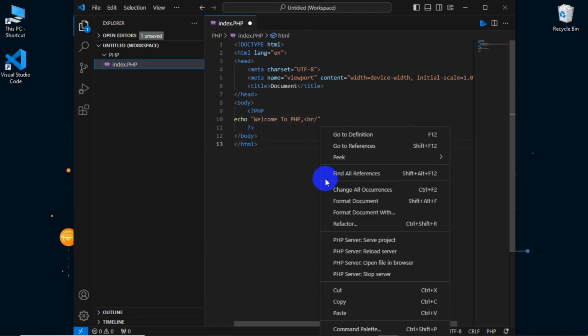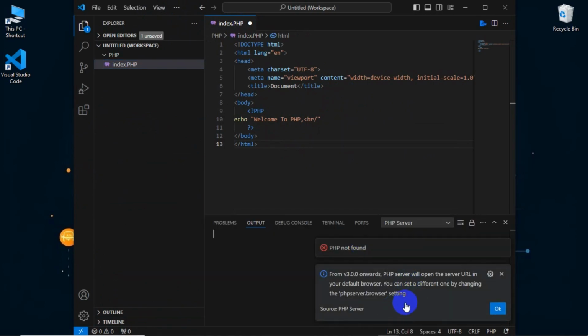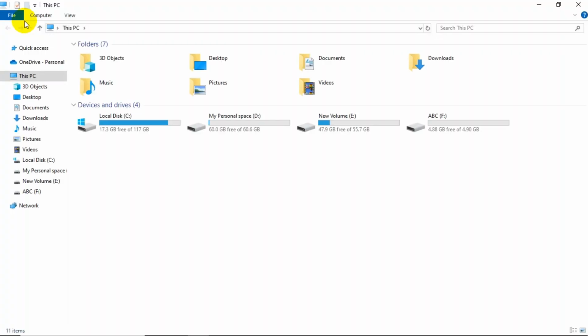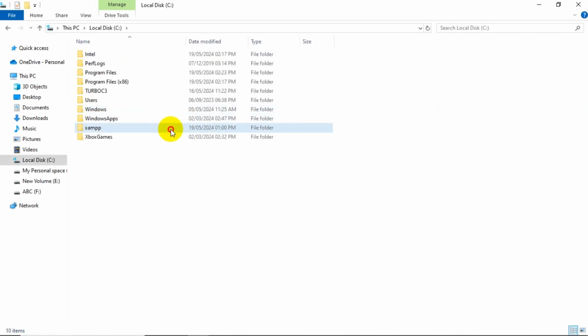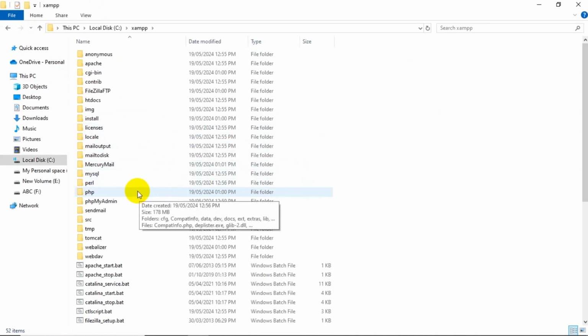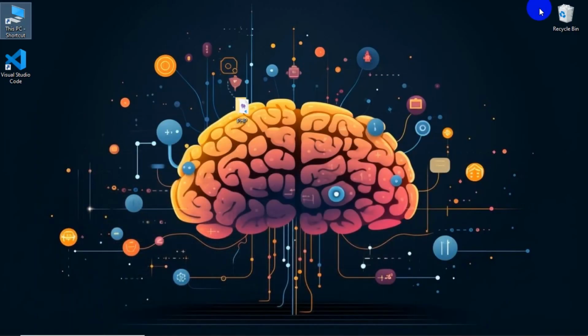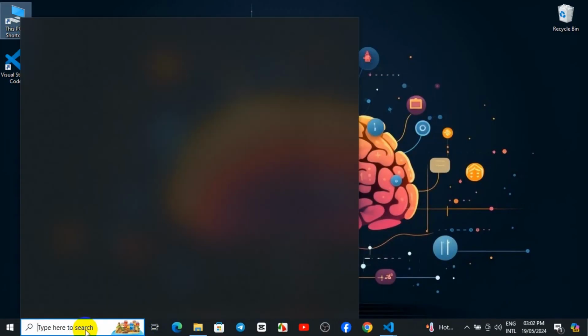For that, you need to click on your right mouse button, go for PHP Server: Serve Project and click on that. And after that, if you get this kind of notification called PHP not found, you need to minimize it, and now you need to go for this PC shortcut, and go for C drive. You need to go for C drive and go for XAMPP to find PHP, and here you can see there is PHP, and then copy the location by this,